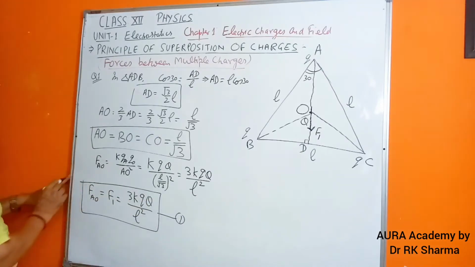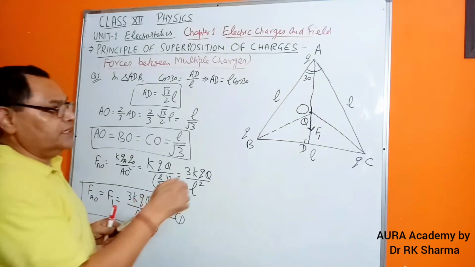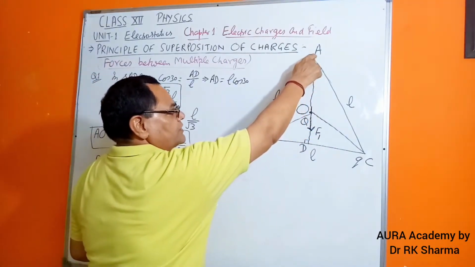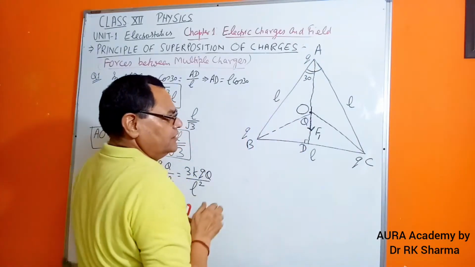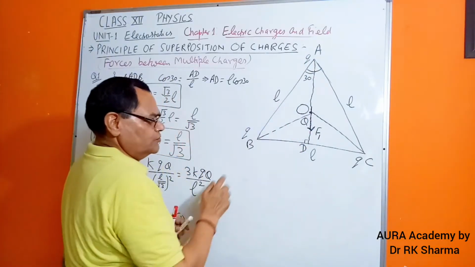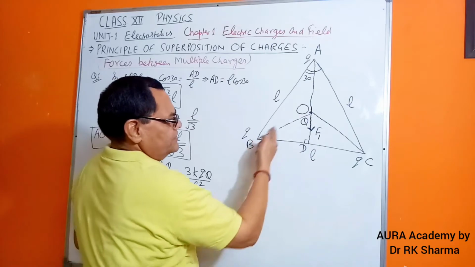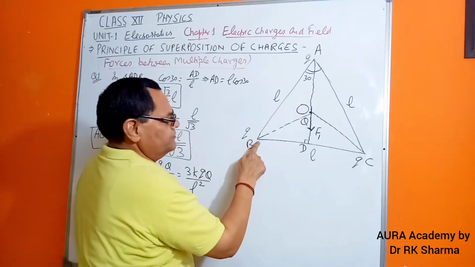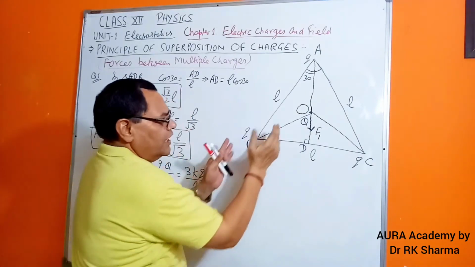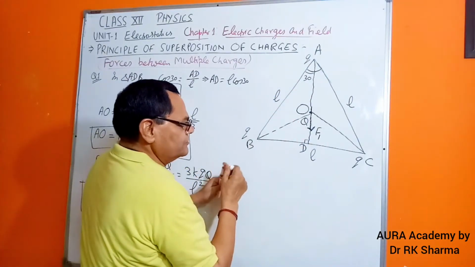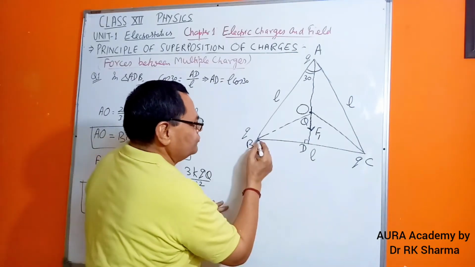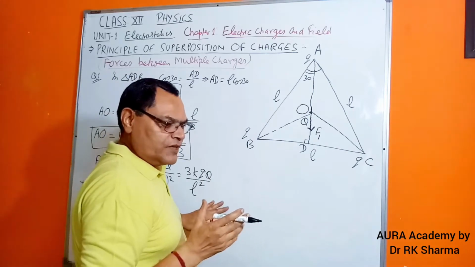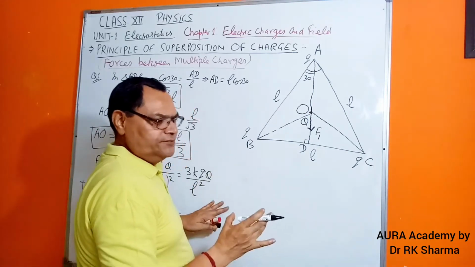Very important, because we have to find the net force at this point. So till now we have only got the force due to the small q charge at A on the capital Q charge at O. So now two forces are still left. One force is here and the other force is here. Alright, now think how much the force will be. After calculating AO, our next step is to find the force between B and O.